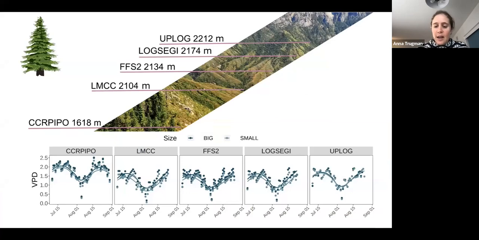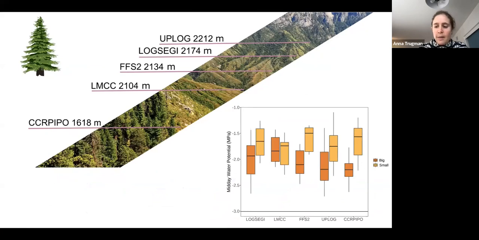This is just a sneak peek at some of our data where we've deployed hobos in both the understory and canopy trees to look at how microclimate might be varying. This is for vapor pressure deficit along these 5 different plots for both our understory and canopy trees of the same species. And here's a look at some of the water potential data